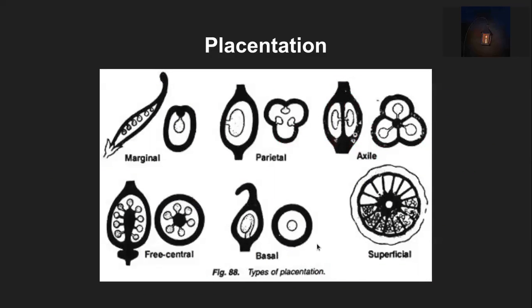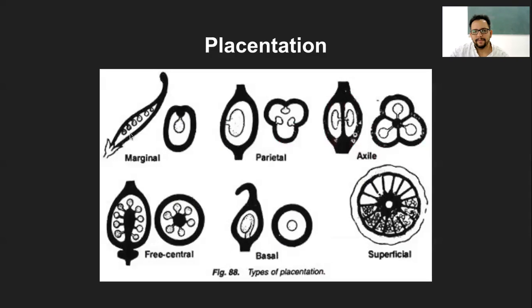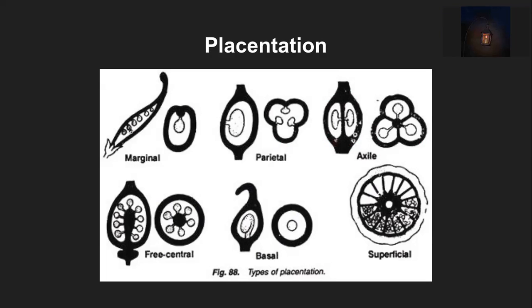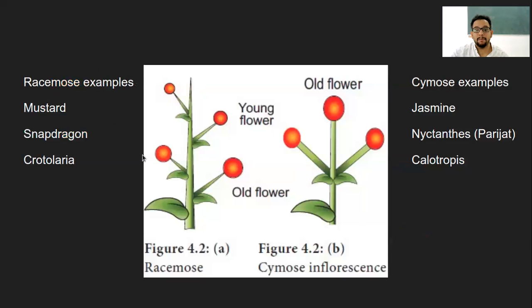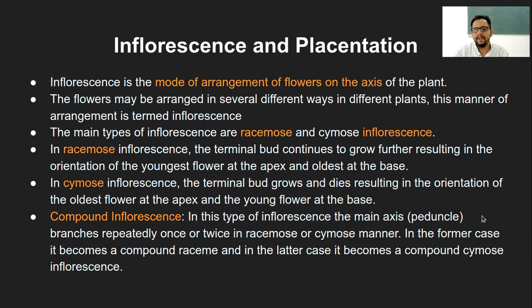So that marginal one is like peas, right? Yeah. In the case of green peas, you can see that particular placenta. When you take the peas out, there's a tiny thing attaching it to the wall. That is nothing but the placenta. And even in the case of papaya, if you cut it open, you see the seeds are black, and next to that black part there will be a very transparent, thin, hair-like structure. That is also a placenta, which you can see very prominently.